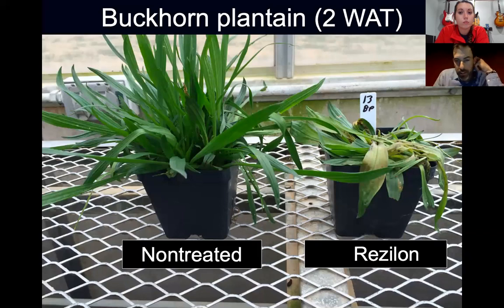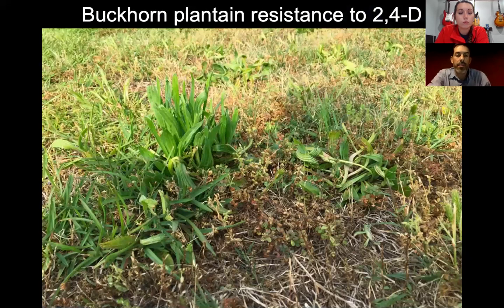This is something that we did some work on in the greenhouse just to quantify the effects of Resilon on plantain growth, and we certainly did see growth responses in plantain growing in greenhouse pots. This is something to consider because we are seeing 2,4-D resistance in pastures and hayfields in Georgia with buckhorn plantain